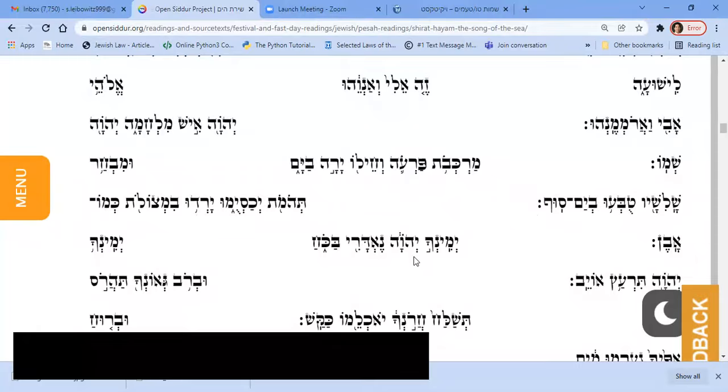Oh, now I see that God's name appears here. So I'm going to get ready to use that special melody in the second half. Yemincha Adonai nedari b'koach, Yemincha Adonai tir'atz oyev,